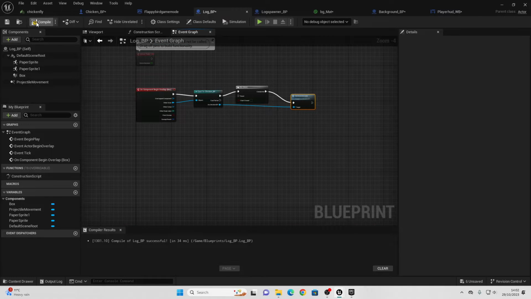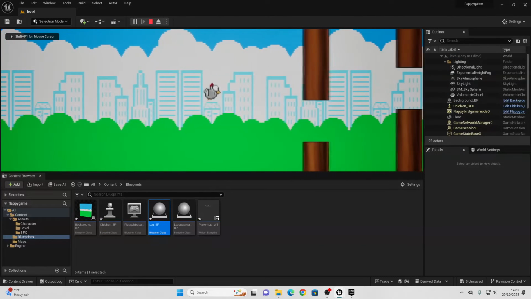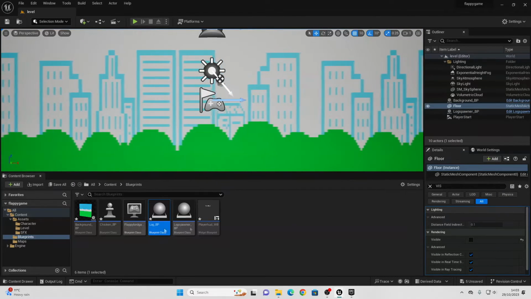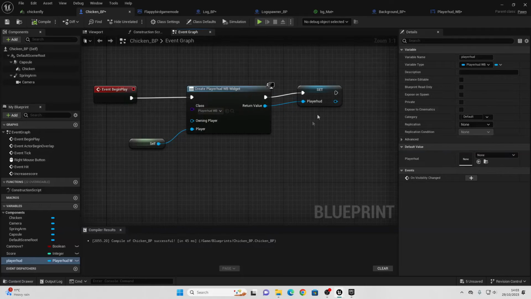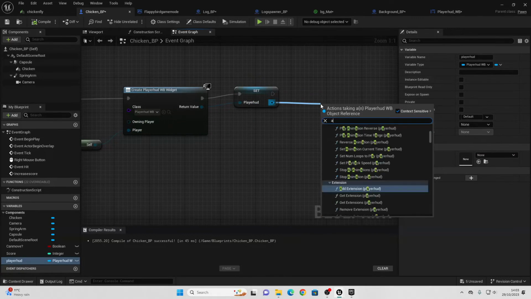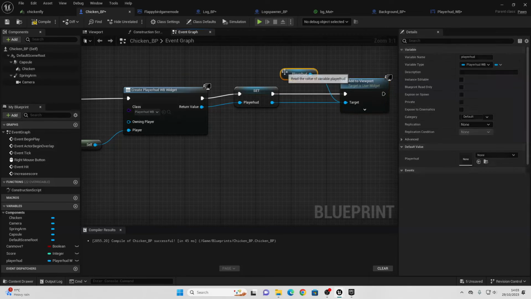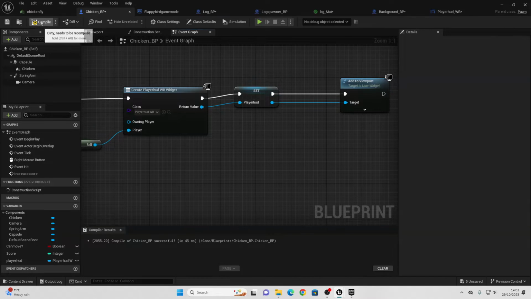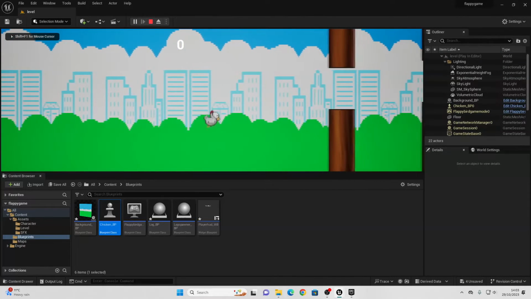Okay, then if we just go compile, close and play this. Oh, whoops, I forgot to add the HUD to the screen. So if we go back to the chicken blueprint, after we create this, in order to actually see this, we just need to drag off here and look for add to viewport. Whoops, I accidentally did that twice. We can compile this. And now if I go play and I press the right mouse button,